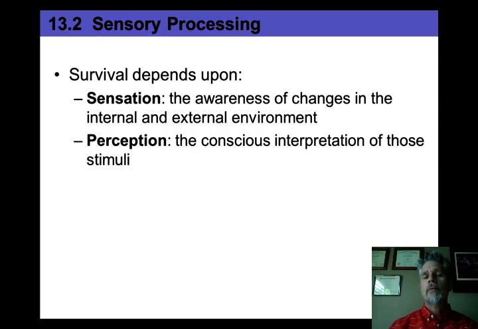All right, so let's talk about how this information now routes to the brain and what we do with it once we get up there and talk about these nerve pathways. So the first section was looking at the receptors themselves and different types of receptors, now getting into the peripheral nervous system and getting it up to the central nervous system. Like we said, the difference there is the difference between sensation and perception. So sensation is an awareness of those changes, but really the perception is the conscious rather than subconscious interpretation of